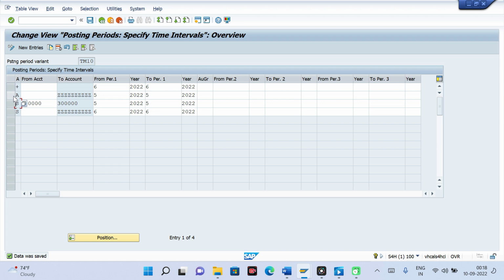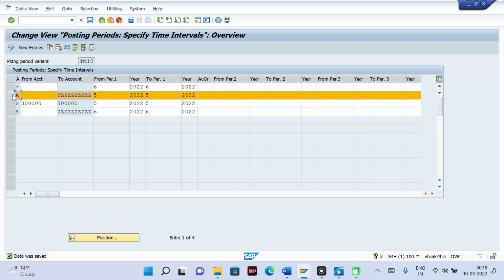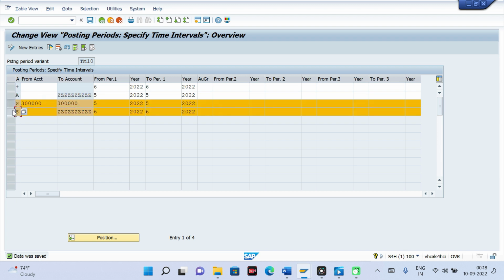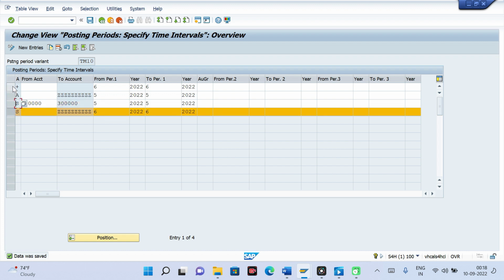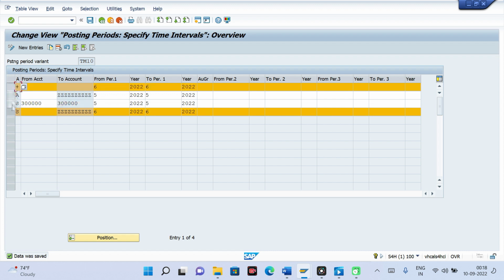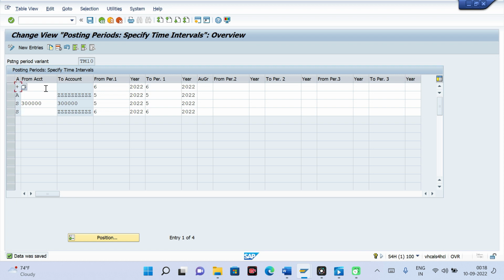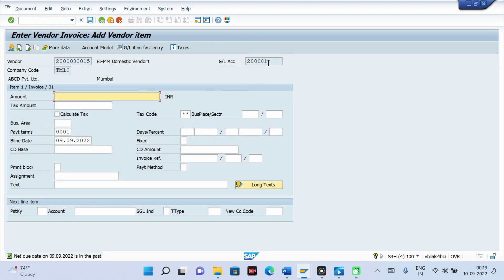So when you have not maintained specific to any account type, then what will it do? It will still check for plus sign only. For plus sign, the 6th period is open, and for vendor K specific it is not maintained, therefore it is not throwing error.